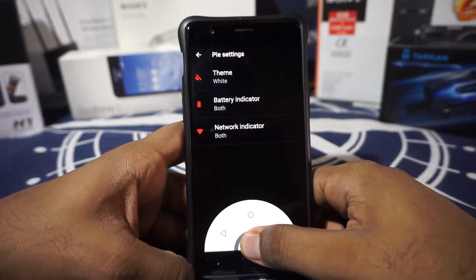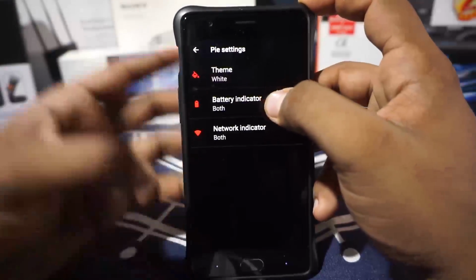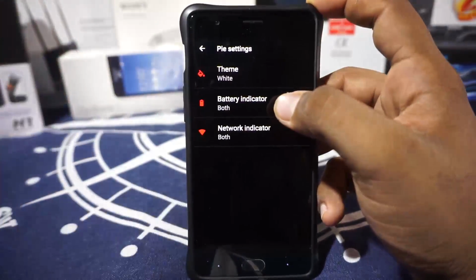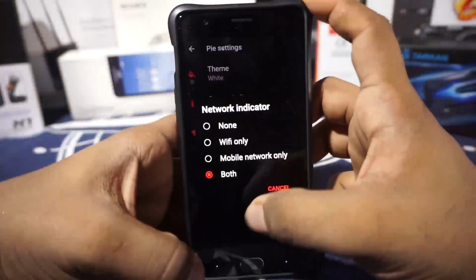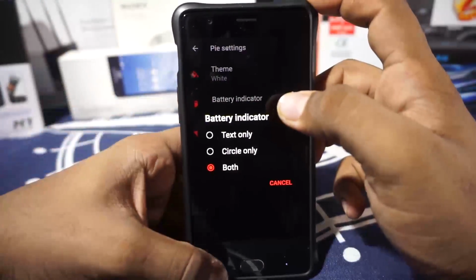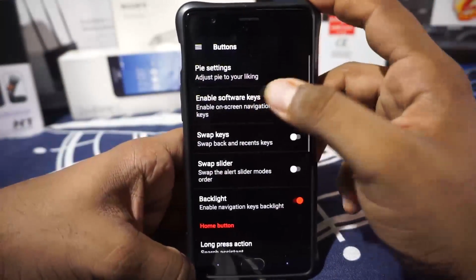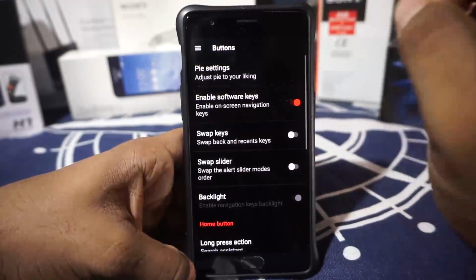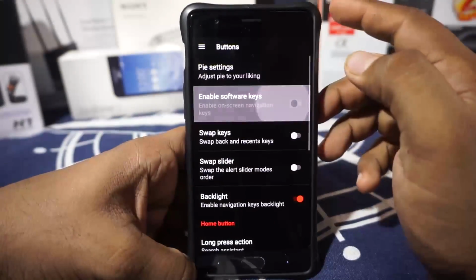This is the white theme, so you do have that also, which is pretty cool. Also, you can customize what all stuff appears in that: battery indicator and network indicator, both, or Wi-Fi only, or mobile data. All of that can be customized from here, so that's amazing. You can also enable software keys, but do mind that for Pie controls to be enabled, you do need to